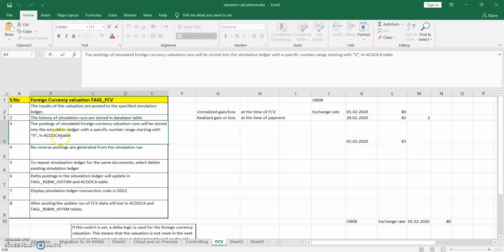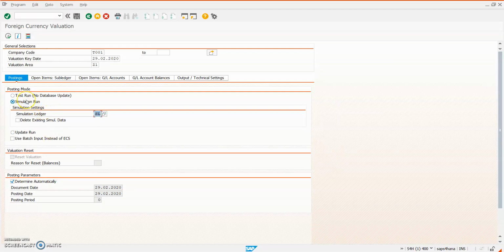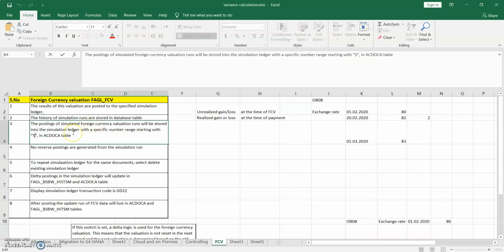In the ACDOCA table, the simulation run result is updated with a document number starting with S. When I run the simulation run in the foreign currency valuation by giving the simulation ledger, it updates in the database table, that is the ACDOCA table, with a document number starting with S. And there is another table where the result of the simulation run is updated. These two tables are updated after the simulation run of foreign currency valuation using the simulation ledger.